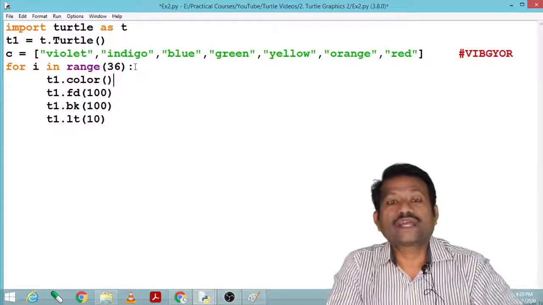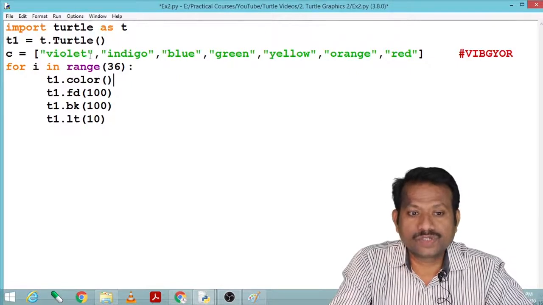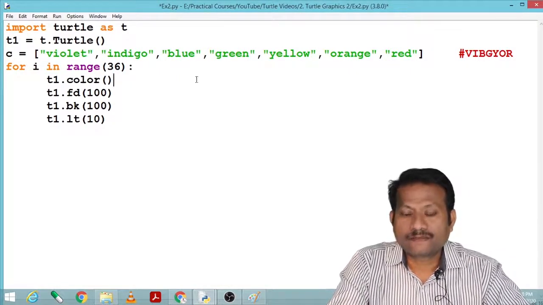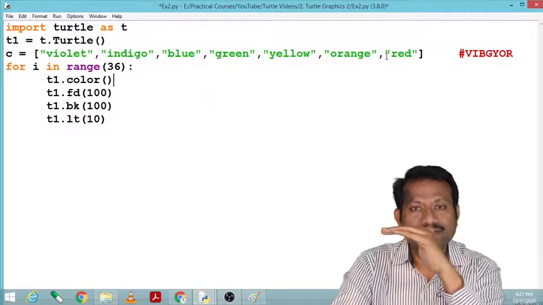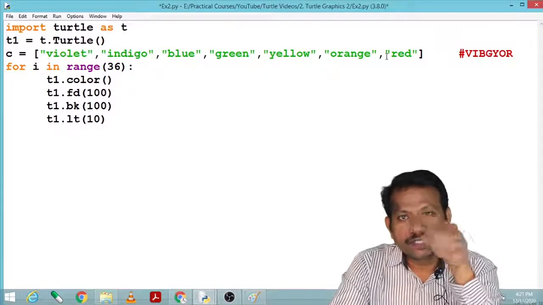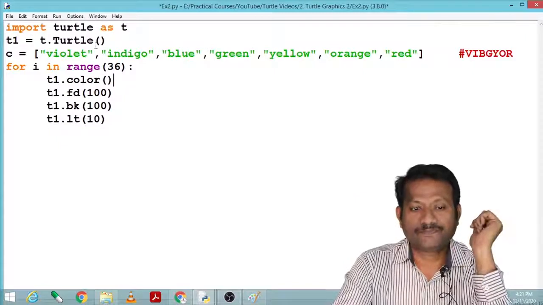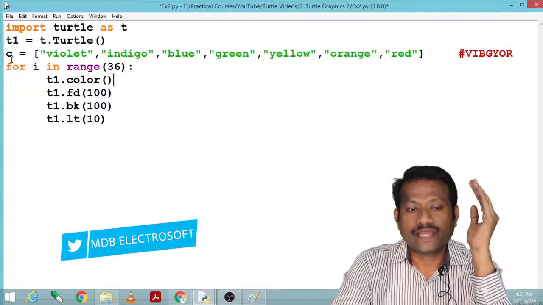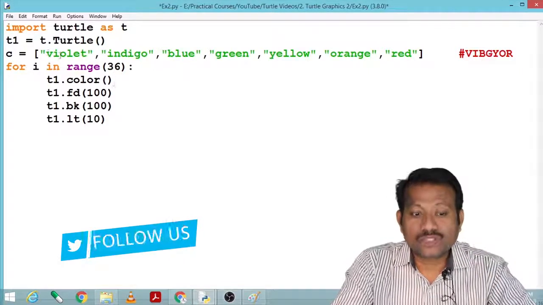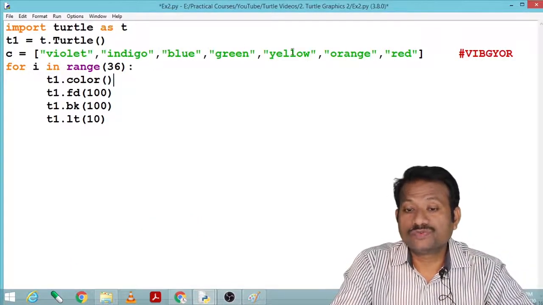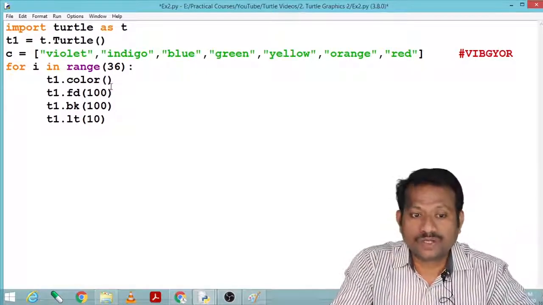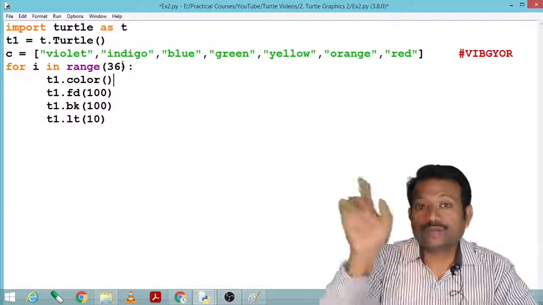But here how can I take this color? I can say C of 0, C of 1, C of 2, C of 3, and so on. But after 6 it must return to 0, though our i will go up to 36.